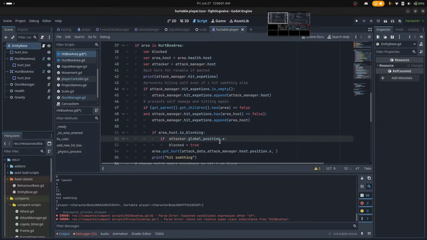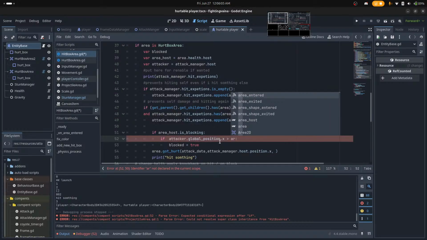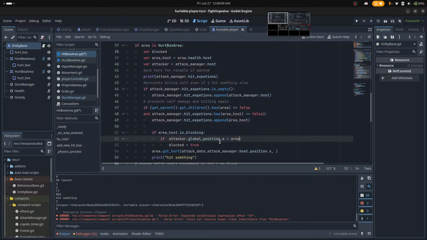If the attacker position is greater than the area position,